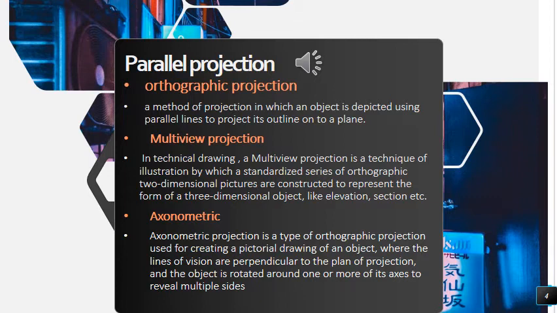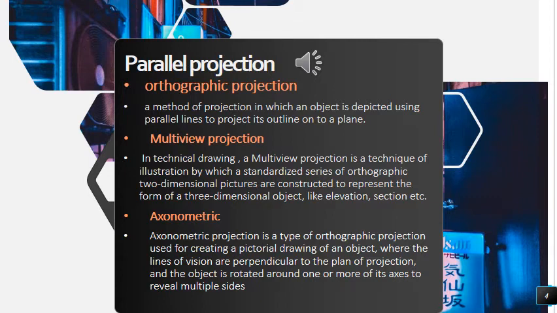represent the form of the three-dimensional object, like the elevation and section which we have already produced. The projection is two-dimensional, and it defines all the details about the object, which is three-dimensional. Okay, and when we talk about